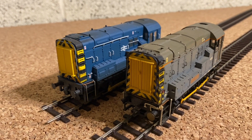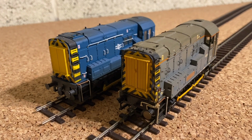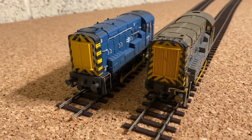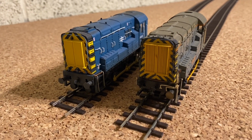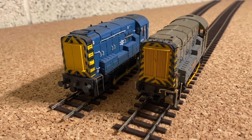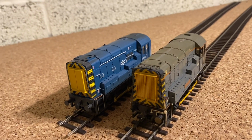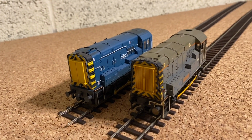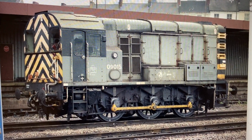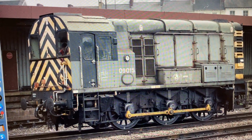Let's just have a look at the other end, and to be honest, I think actually the front is technically the other end. This is the rear, but obviously a loco, or a shunter, that was used very much in both directions. If anyone does actually know which end of the Class 08 is the front, let me know. Like I say, I actually think that it is the other end where the cab is, but I'm very happy to be proved wrong. So I found an image of Class 09 015 from the rear,